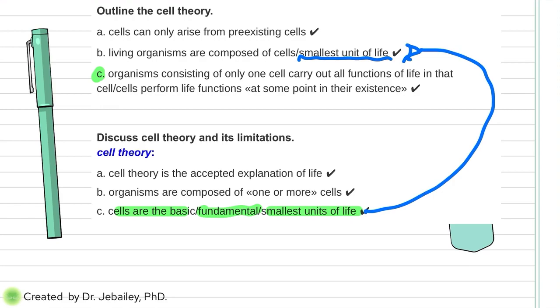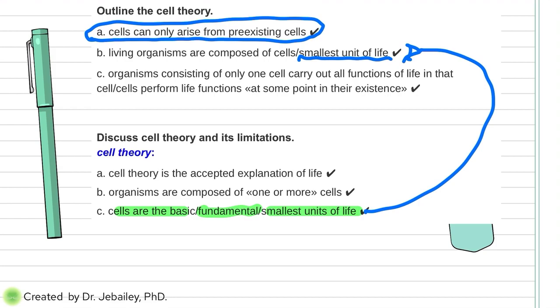Metabolism, homeostasis, reproduction, excretion. That's what it's trying to tell you. Well, this one goes back to talking about how it's composed of cells, the units of life. If you really focus on these questions, they're asking about cell theory. So far, you can see the main idea is that they come from pre-existing cells, right? Which is also found here, right? And then you have the second